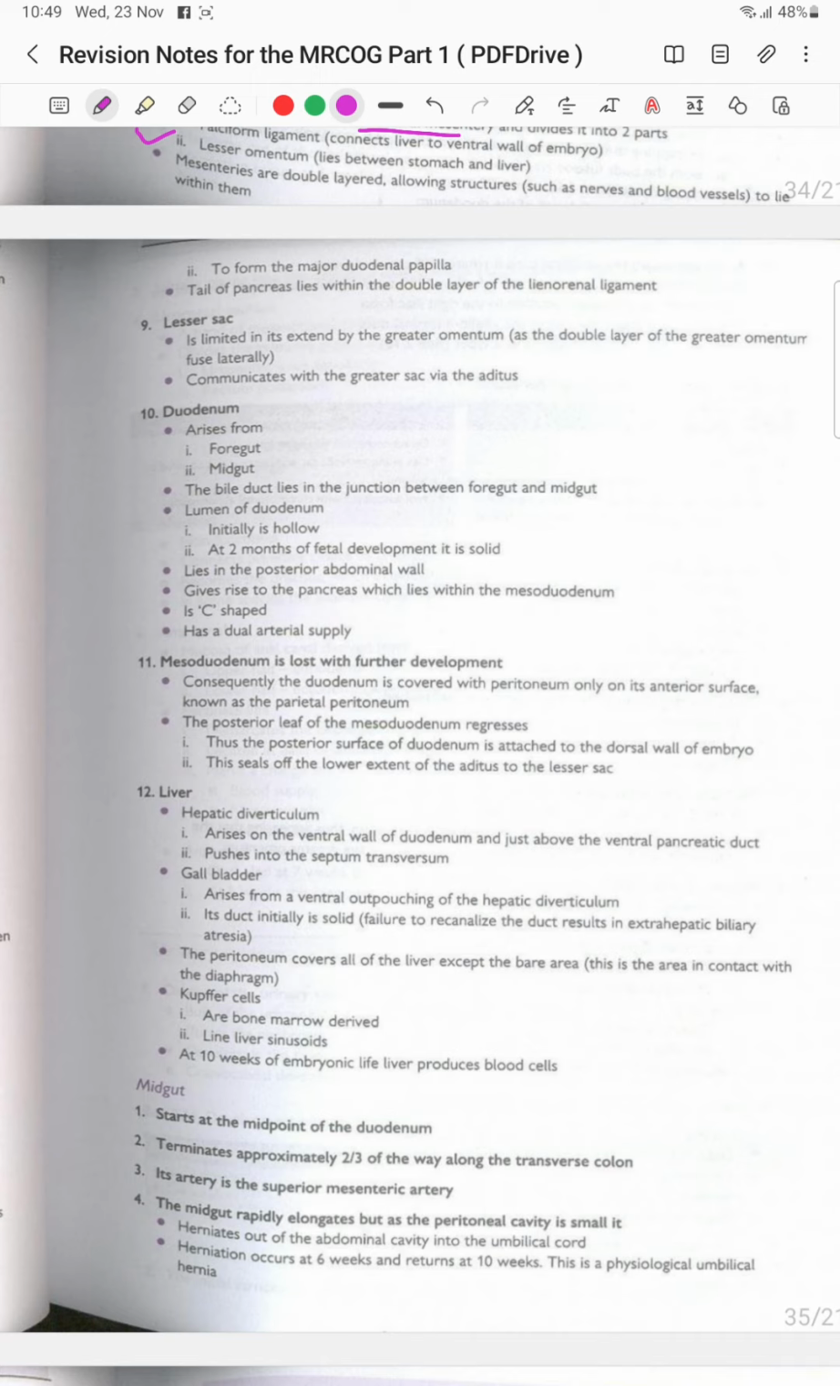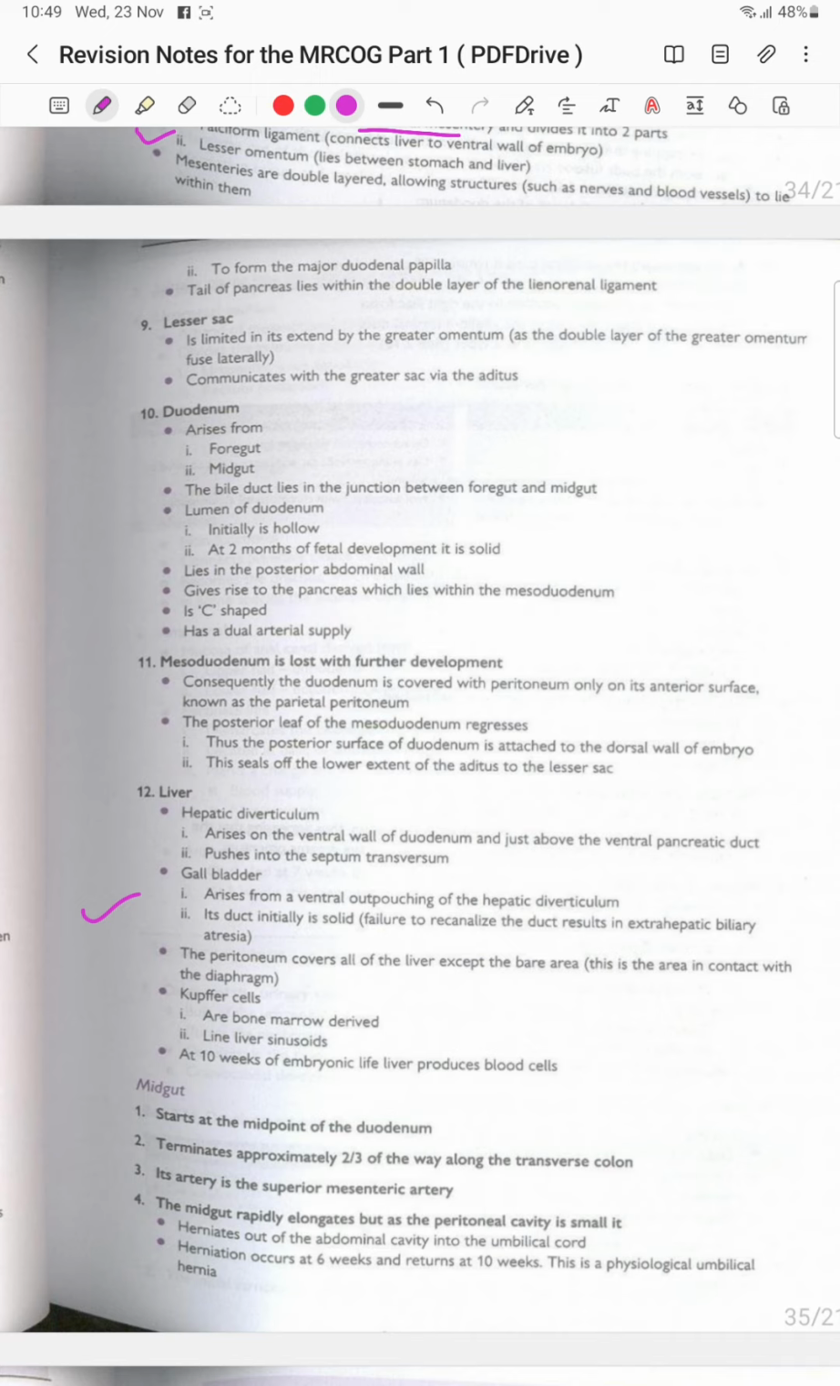The liver is the hepatic diverticulum. It arises on the ventral wall of the duodenum, just above the ventral pancreatic duct, and pushes into the septum transversum. The gallbladder arises from a ventral pouching of the hepatic diverticulum. Its duct is initially solid. Failure to recanalize the duct results in extrahepatic biliary atresia, and the peritoneum covers all of the liver except the